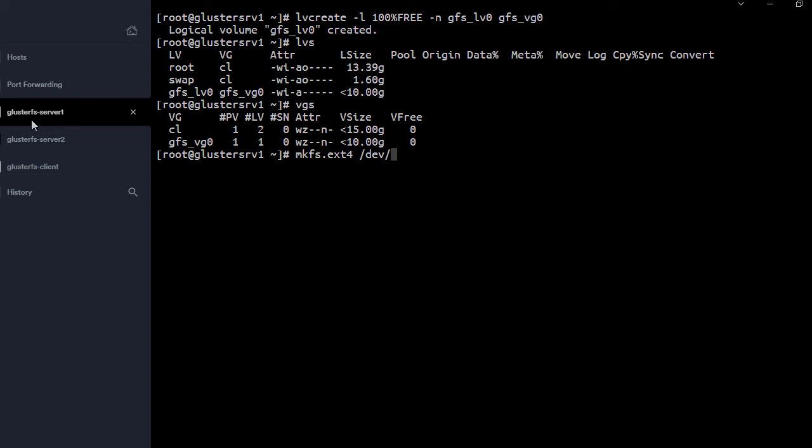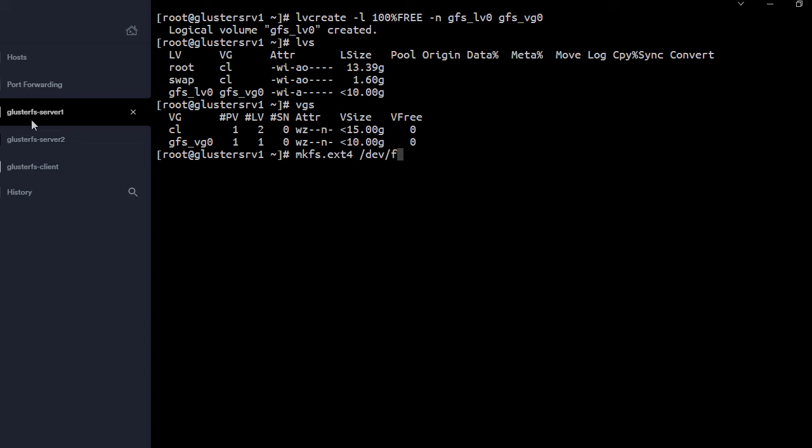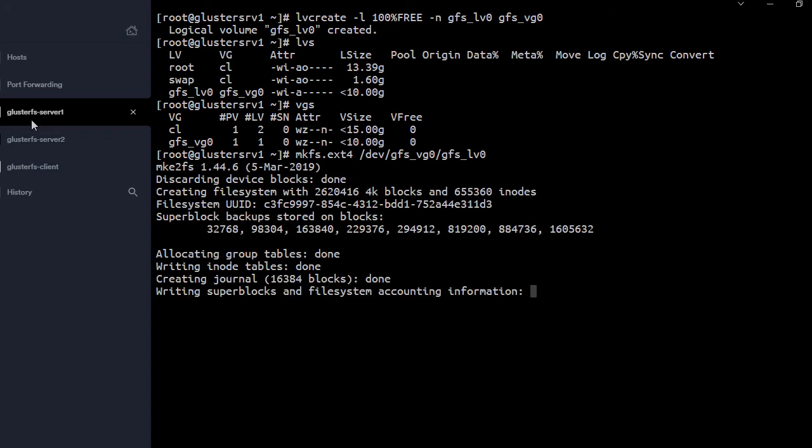All the devices reside inside /dev, and inside /dev the name of the volume group first, and inside that volume group the logical volume. The name of the volume group is GFS_VG0, and inside this volume group the logical volume is GFS_LV0, and hit enter. Here it means first volume group, then logical volume.